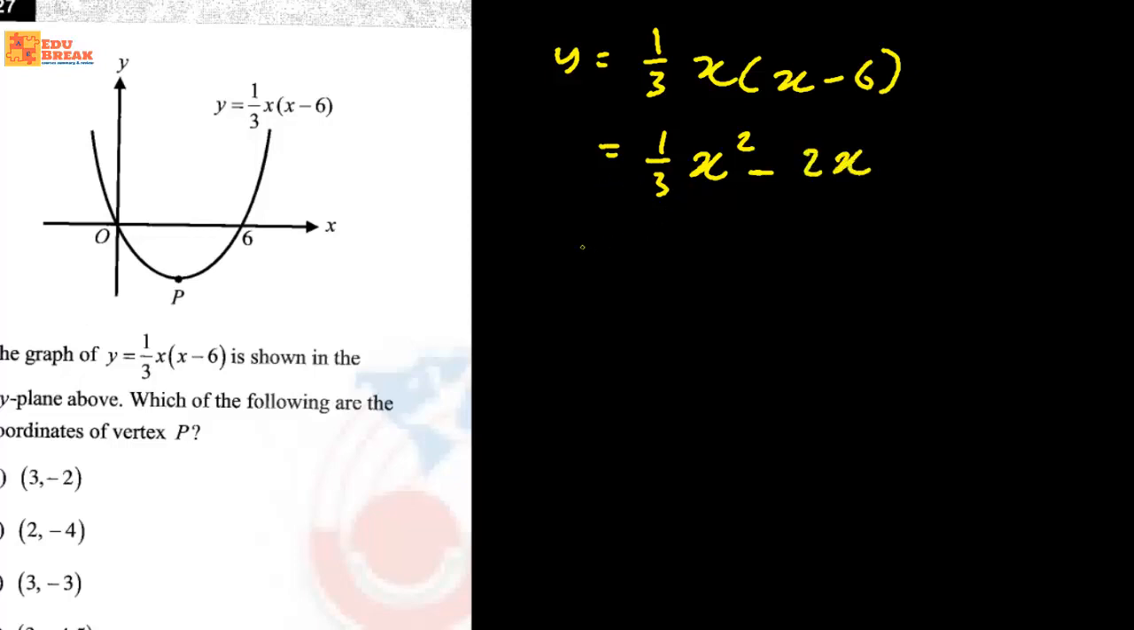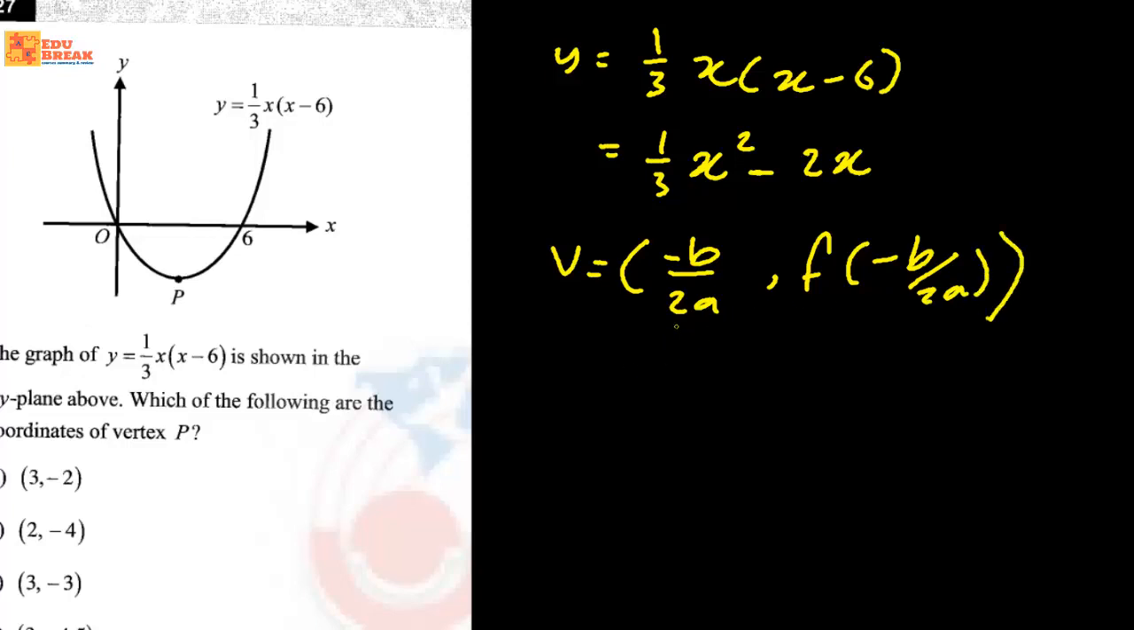How can we find the vertex? This is the general form for a quadratic function, and we know the vertex is at x equals negative b over 2a and f of negative b over 2a. To find x, which is negative b over 2a,